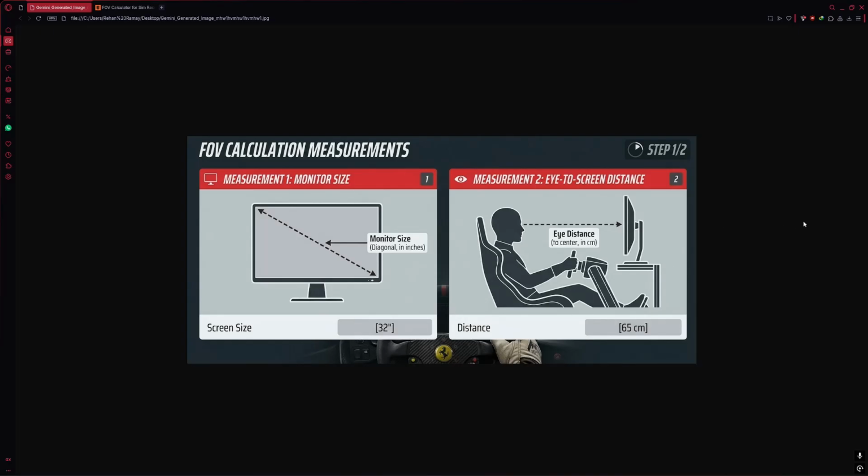Calculating and setting up the correct field of view in Assetto Corsa ensures your screen acts like a true window, giving you accurate depth perception and realistic braking points. Start by taking 2 physical measurements while sitting in your driving position. Measure your monitor size diagonally in inches and measure the exact distance from your eyes to the center of your